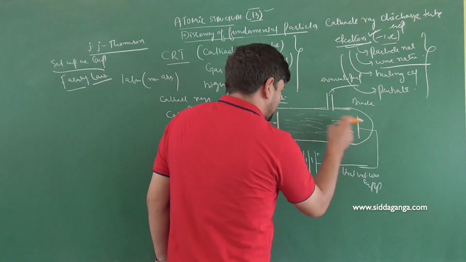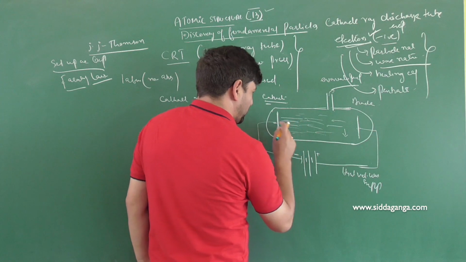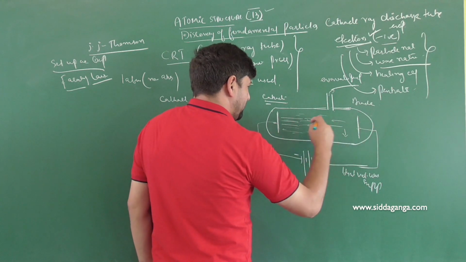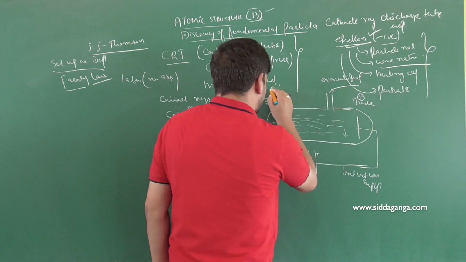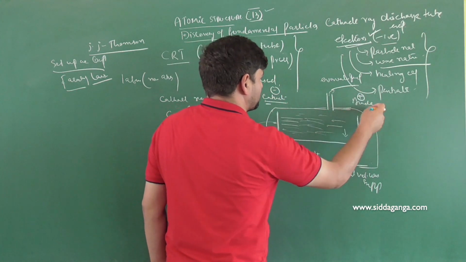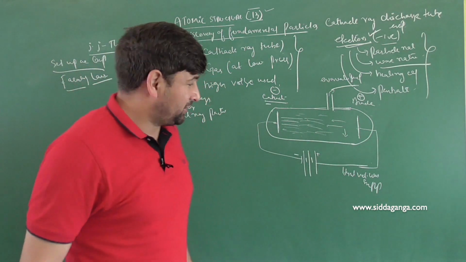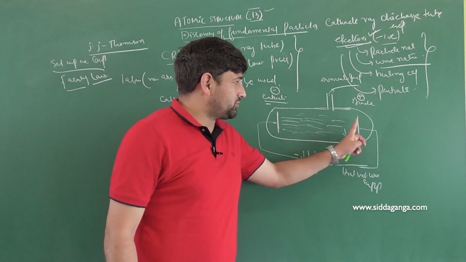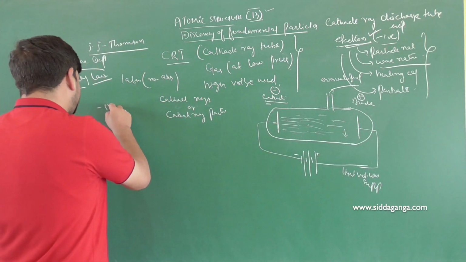Now, in order to further elucidate it, the particles which started from cathode and moved towards the anode, this gave a clear indication: there is a negative charge, and they are moving away from the negative charge, close to what charge? Positive charge. And we have a simple rule that like repels like. So starting from negative and moving towards positive indicates those particles have what charge? Negative charge.